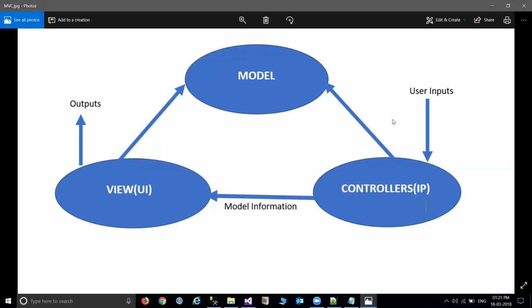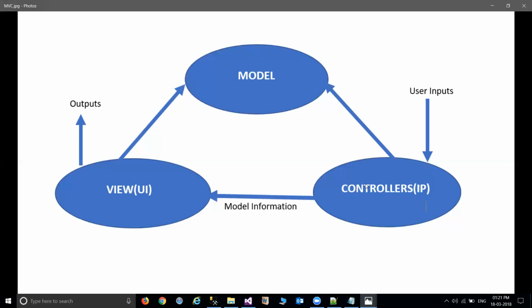Generally, users start by giving inputs to the controllers. When they give inputs to your MVC application, the controller receives them first, and then it contacts the model if required, to do some database-related operations; otherwise it goes directly to the UI and shows the response to the end user.